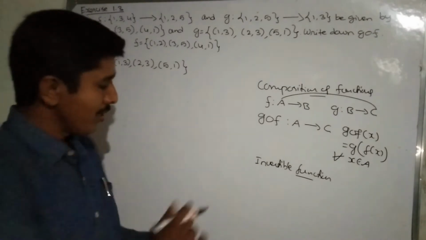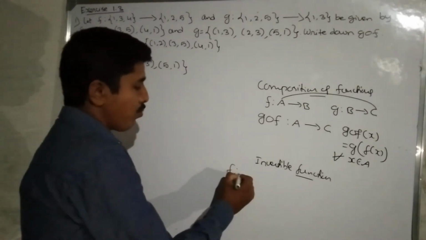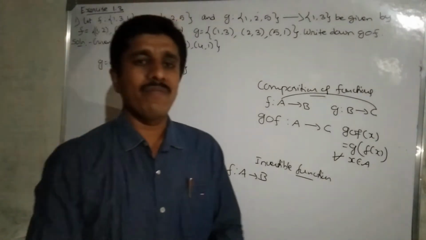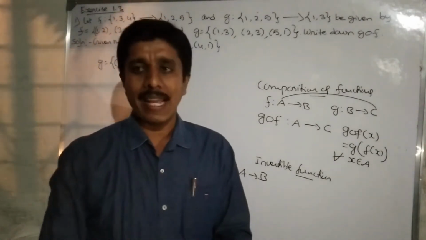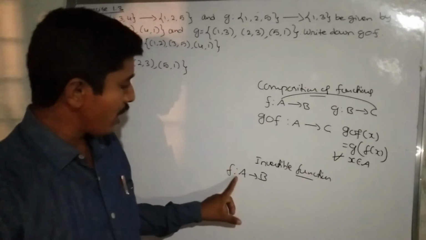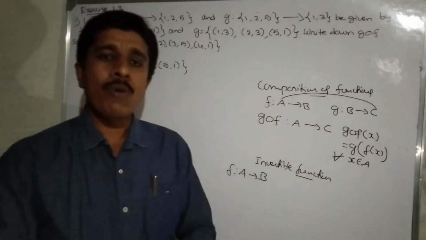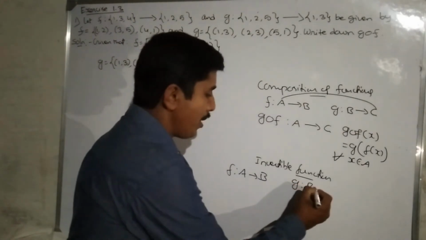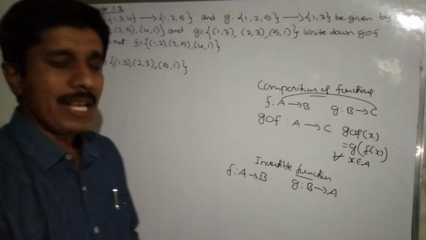Invertible function means the function is both one-one and onto. Then the function is invertible. Function is invertible means its inverse exists. Suppose a function f from A to B is said to be invertible if there exists another function g from B to A, such that